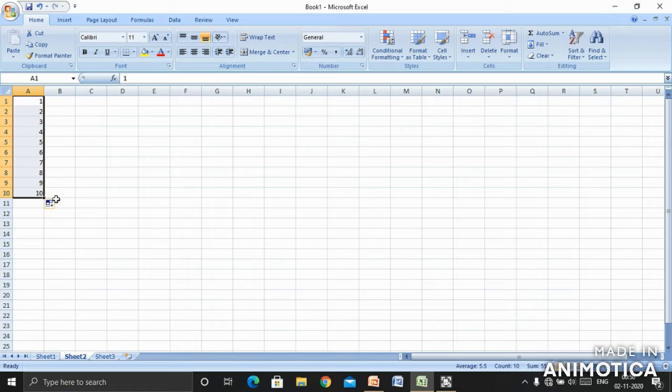I do not have to type again and again. Like I told you in the beginning, the salient feature of MS Excel is type less and get more. I'm not typing the digits one by one; they are calculated and shown in front of you. This is one of the features of Excel.